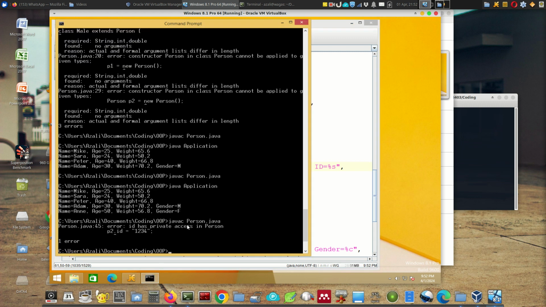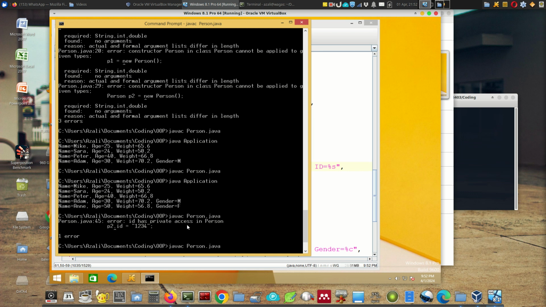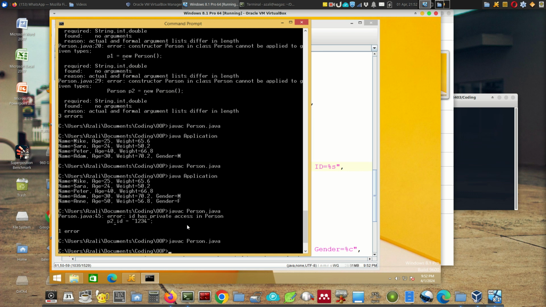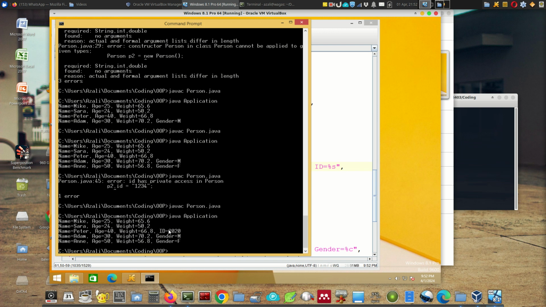So let's try compile this one. And there you have successfully compiled this one. Then you can run. Now for Peter, now you have successfully set the ID value and